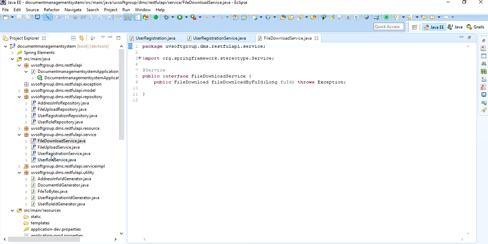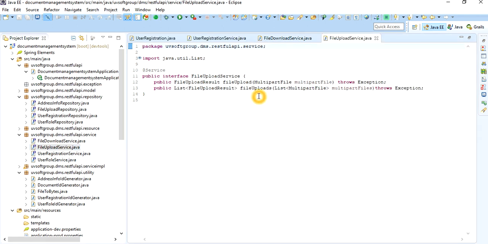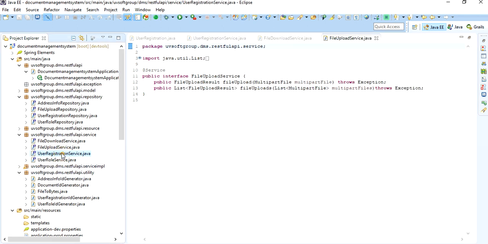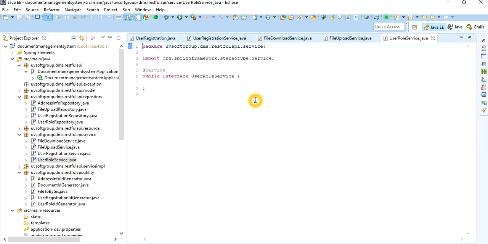So it's the same things, and here we will only implement two, and then here is the user role definition. So we didn't implement anything yet here. That means when you define the repository as a standard repository, then you have to implement the user role service yourself. So this is a good way to do it. That means when you define yourself